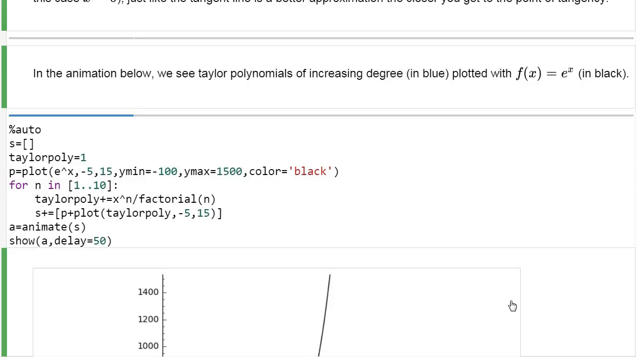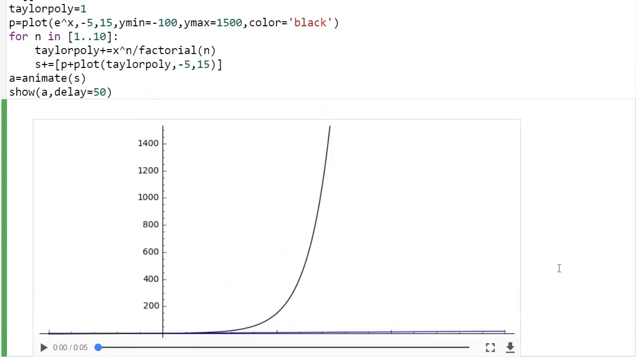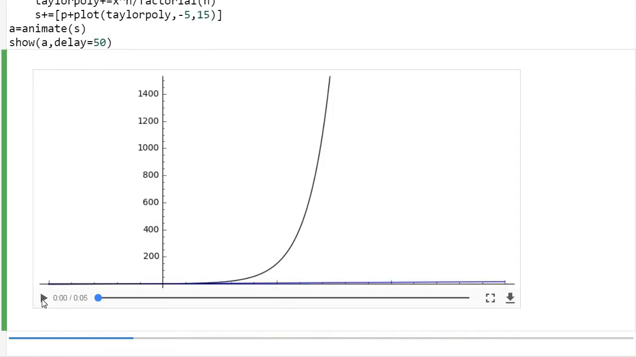Alright, and then below we have this little animation. I'm not sure how this will show up on the video. You might just run it on your own notes. We're going to see Taylor polynomials of increasing degree, in blue, with e to the x in black. So here's e to the x. Here's our initial Taylor polynomial. I'm not sure which degree I started with. I'd have to look through this code and figure out where exactly I started this. I think I started with a tangent line and go up from there. So I think this one is the tangent line, and the degree is going up, up, up, up, up,